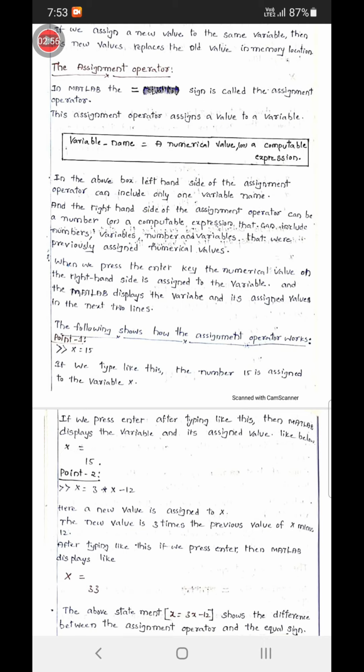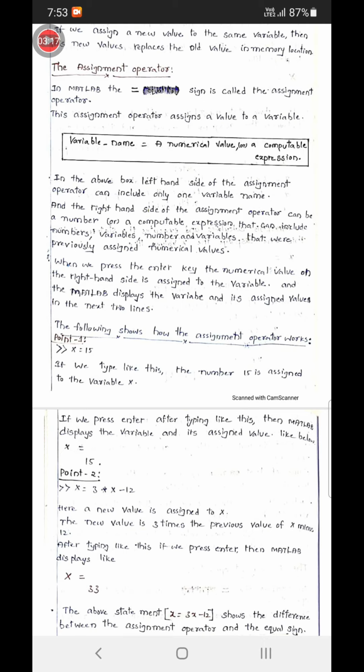A value is assigned to a variable by the assignment operator. The purpose of the assignment operator is that it assigns a value to a particular variable.